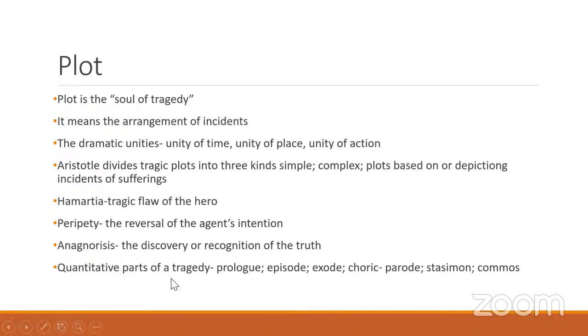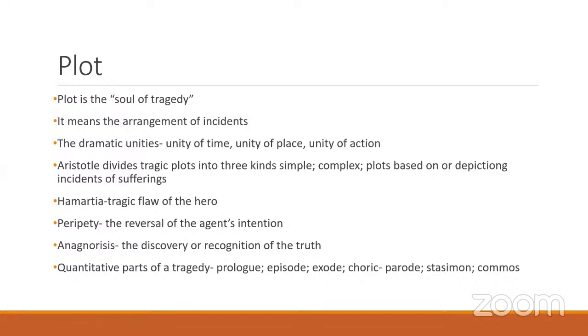Then Aristotle also laid out the quantitative parts of a tragedy. The quantitative parts of tragedy include the prologue. Prologue is the entire part which precedes the parode. So prologue is the part just before parode. We have episode. Episode is the entire part of the tragedy where the action happens, where all the incidents happen. Then we have exode. Exode is the entire part of the tragedy after the last chorus. The chorus is included in the